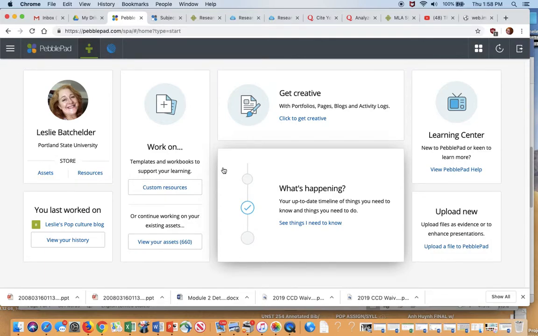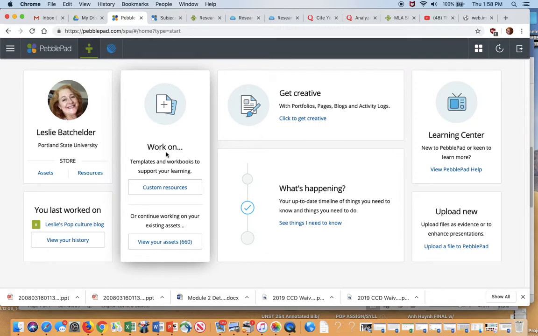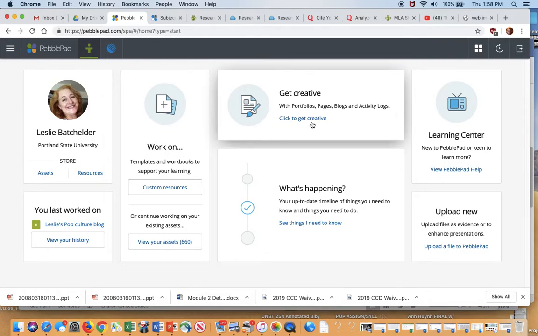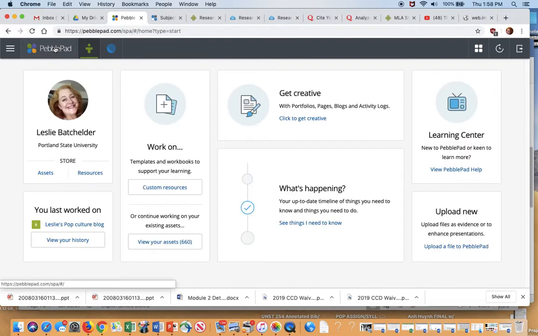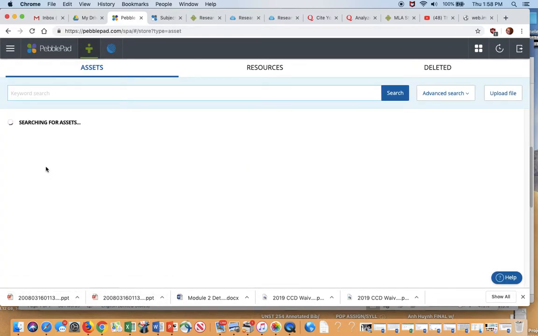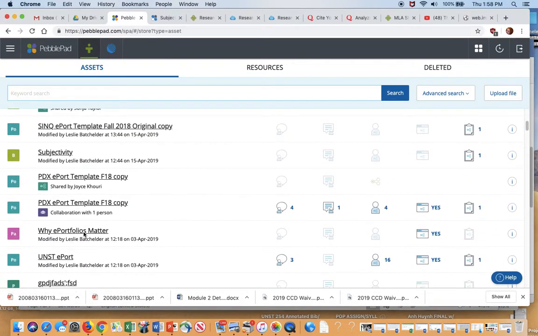Just coming to you here from Kramer Hall in my office, and I just wanted to go over the whole blog thing again. If you have not made a blog before, you can click here and create a blog. Many of you, however, if you go back to your assets here, you will have one that you began in the fall that you can just add to. And what you're looking for